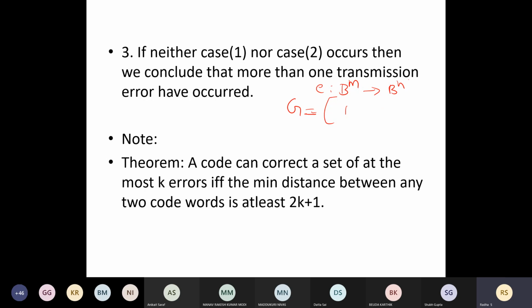So what will be the matrix type? It will be augmented by two things, right? One is I M. Why is this identity matrix of order M there? Because I need not disturb the first M entries, right? So then it will be augmented by A matrix. So actually this matrix A is going to add the n minus m parity check entries at the end. This also I told you. I hope you remember.